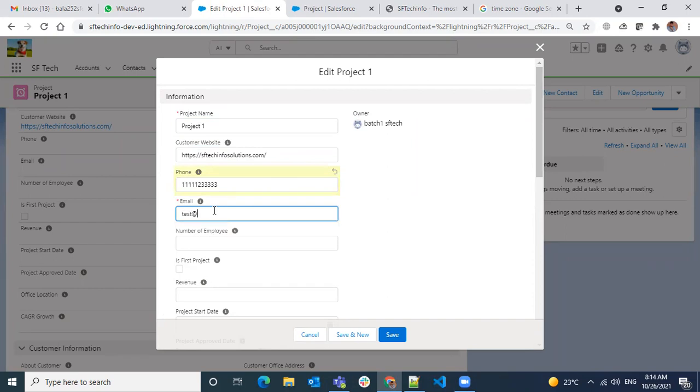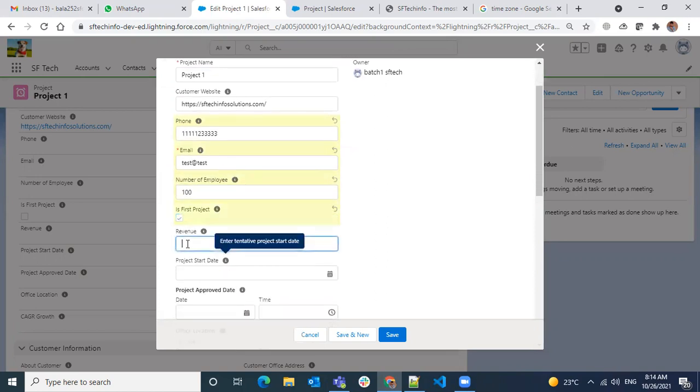I'm just giving some test mail for now. I'm not giving a valid email. Number of employees, I'm not giving this one. This is the first project, yes.